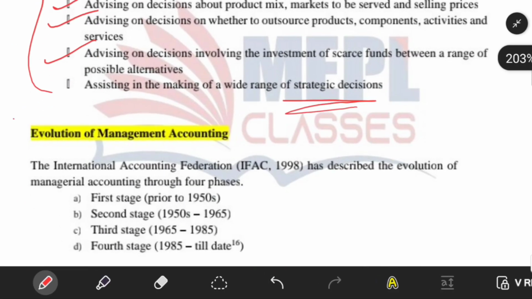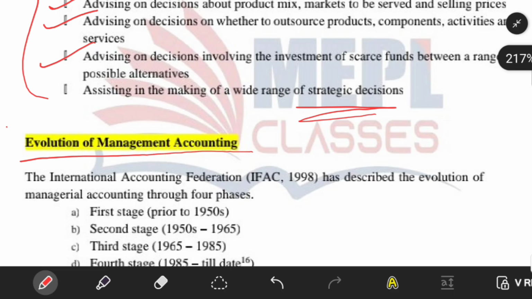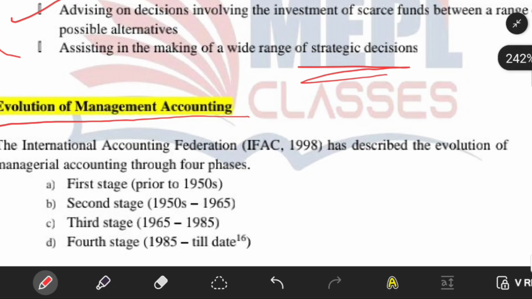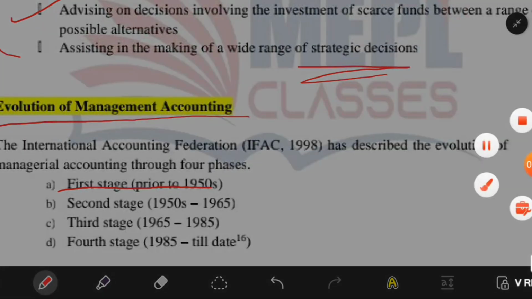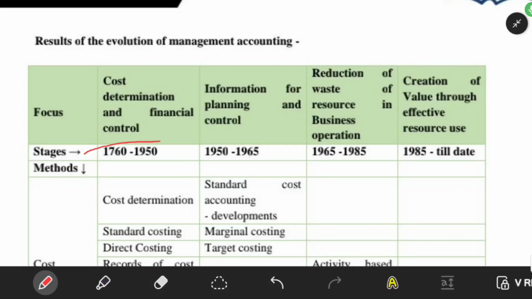Next is evolution of management accounting. The International Federation of Accountants has described the evolution of management accounting in four stages, based on how it developed over time. The first stage is prior to the 1950s, that is, 1760 to 1950. This was stage 1. This was the initial stage, and here the accounting